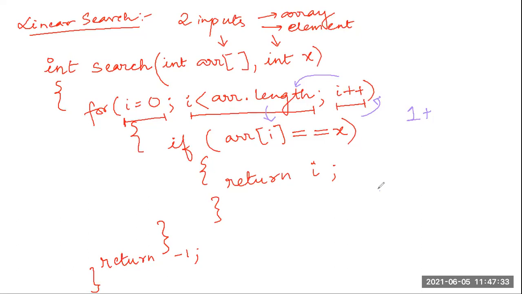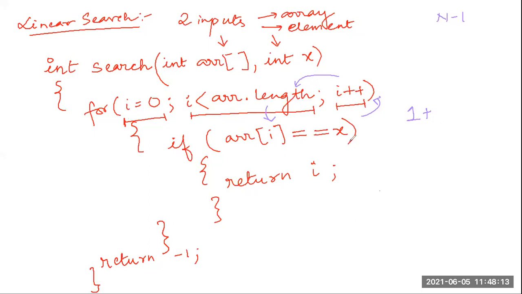Ma'am, n minus 1. n minus 1, right. And one time more this loop runs. Why does it run, tell me? I am talking about the loop concept. For this loop to be true, you run it for n minus 1 locations, and another time you do i plus plus. After that i plus plus, your loop comes out of the entire for loop. Otherwise you would just remain stuck in the for loop.